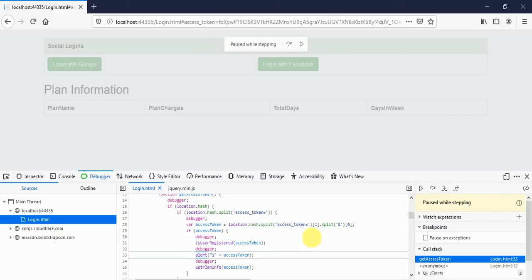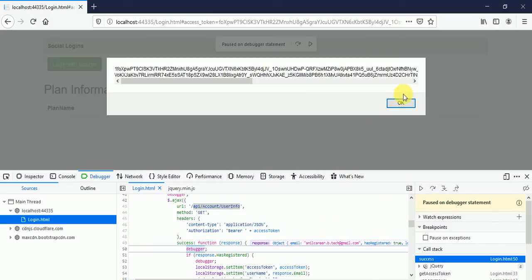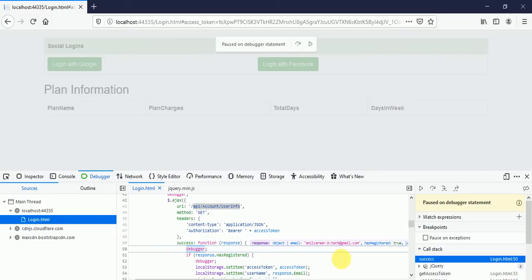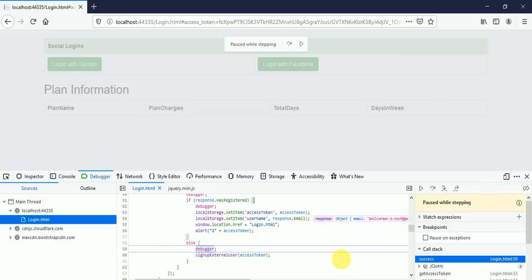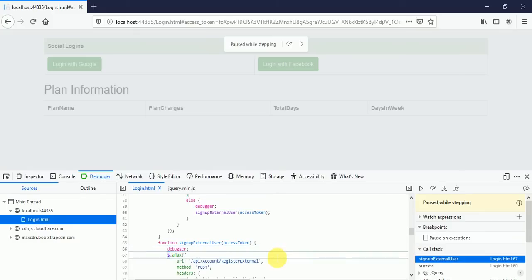So here this is the Facebook generated token again, and it will return that the user is not registered. So from this method, sign up external user, we are passing the token provided by Facebook, and we will register our user.